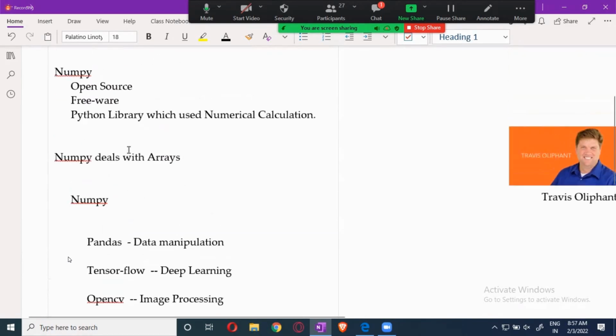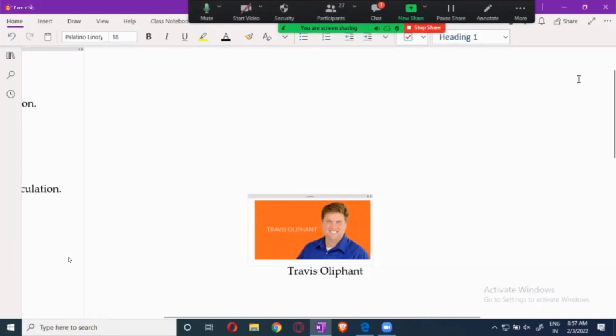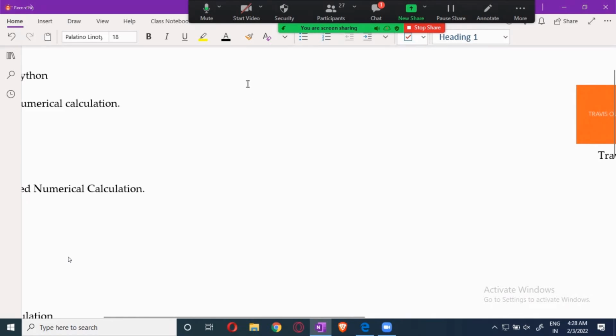Coming down to a quick history about NumPy. He is the gentleman who built this NumPy library. Now actually this Python was introduced in